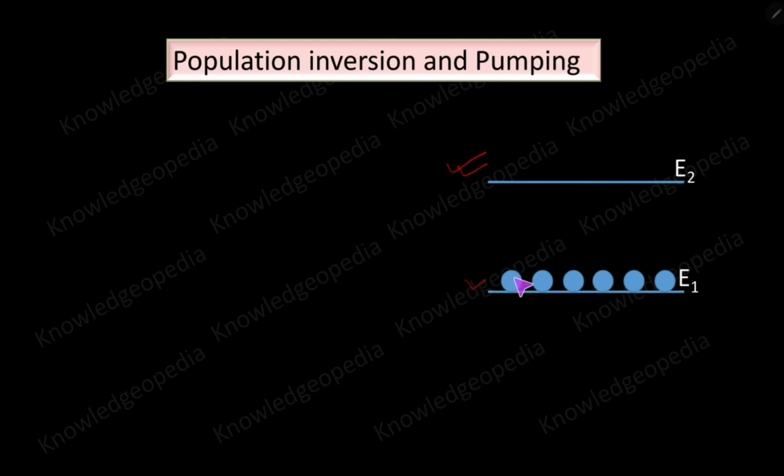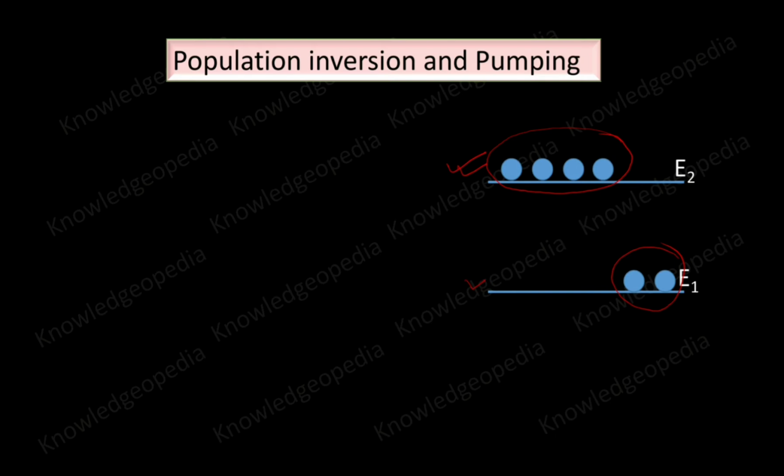If somehow some of these electrons get energy from some external source, and that energy is more than E2 minus E1, then they will move to the higher energy state. So some of the electrons will start moving to the higher energy state, and when the number of electrons at the higher energy state is more than the number of electrons in the lower energy state,